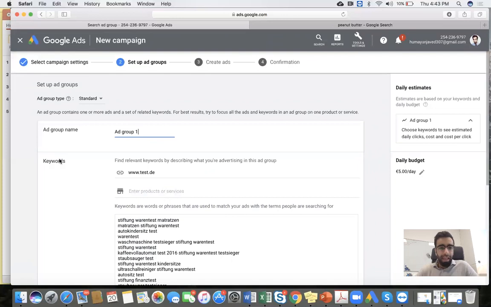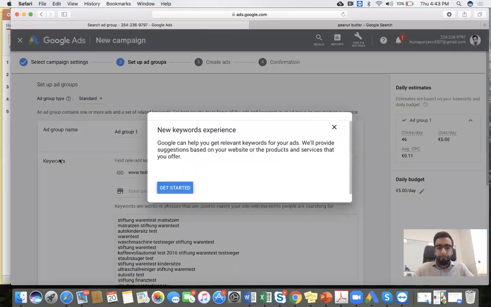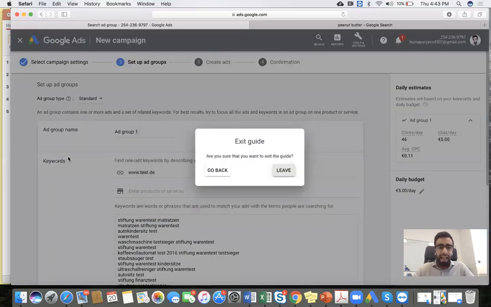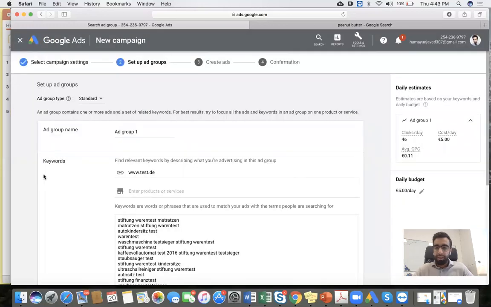What is an ad group? Ad group is basically, okay, I will close it. Ad group is basically, let's say you have a campaign, and in the campaign there are different ad groups. There can be 10 or 20 ad groups in one campaign. With ad groups, Google gives you an opportunity to do different strategies in one campaign. I will explain it. For example, you can type your software,